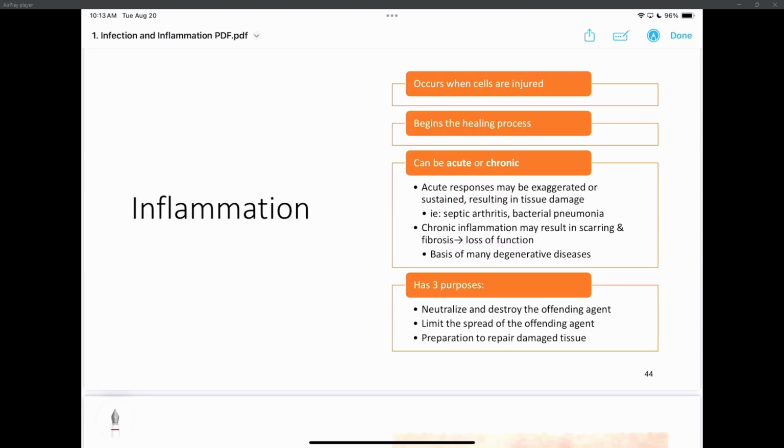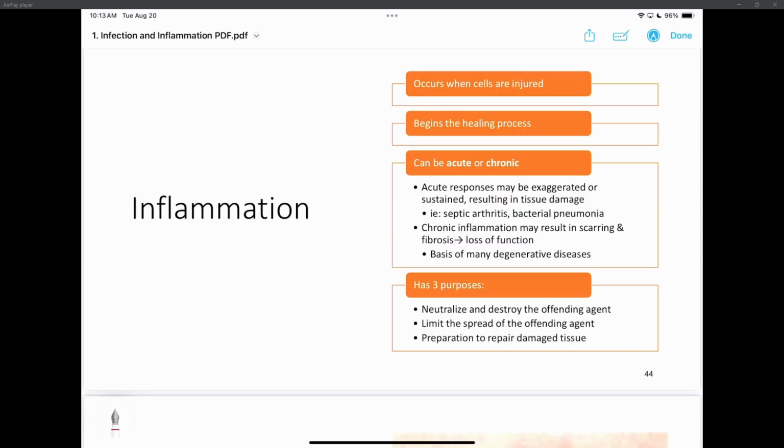Chronic inflammation will result in scarring and fibrosis. So whenever you see the word scarring or fibrosis, that is permanent tissue damage. That's not coming back. That tissue was damaged, it didn't heal right, or it just never could heal right, and you get scarring and fibrosis. If you have a heart attack, that tissue in your heart is dead. That tissue will fibrose afterwards because your heart can't regenerate. The muscles don't divide, so you can't regenerate heart muscle. So from chronic inflammation, it's going to scar and fibrose.